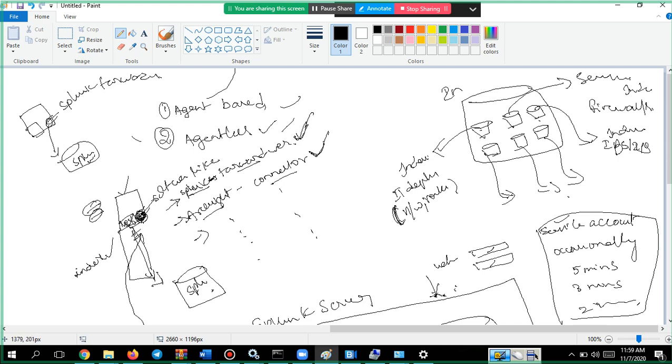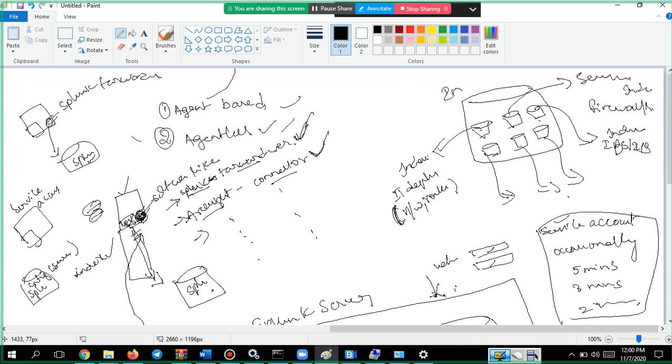Agentless means creating the service account and configuring the service account in Splunk, the config service account of this particular machine. Service account means username and password only.